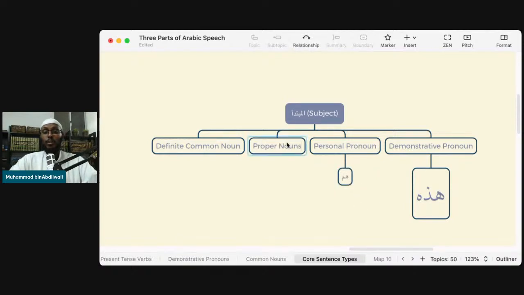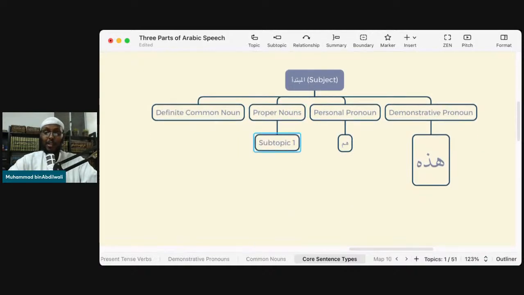Proper noun. I'm not gonna use Muhammad again. La ilaha illallah. Must have said Muhammad a million times. I'm going to use, give me a name, yallah. I'm gonna use Sadiq. MashaAllah, very active guy in the chat. Right? Sadiq. That's a proper noun, somebody's name. You can use whatever you like.